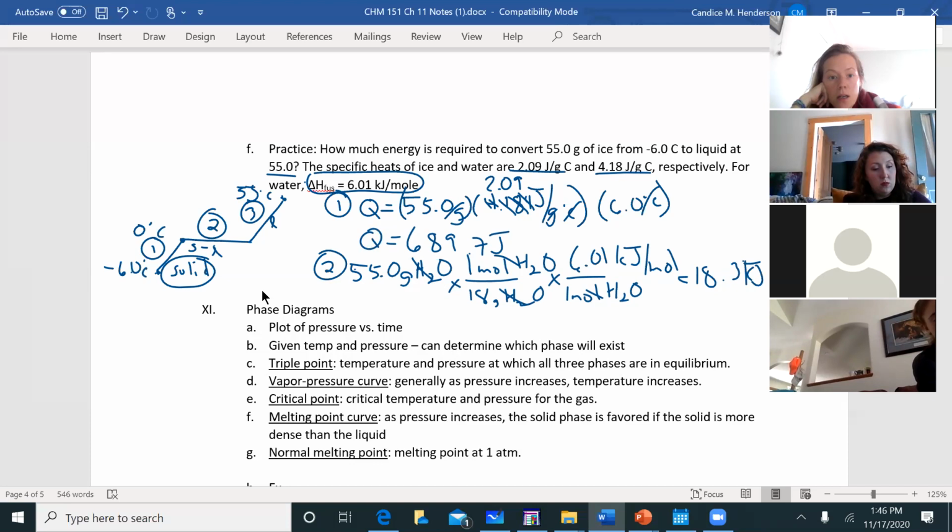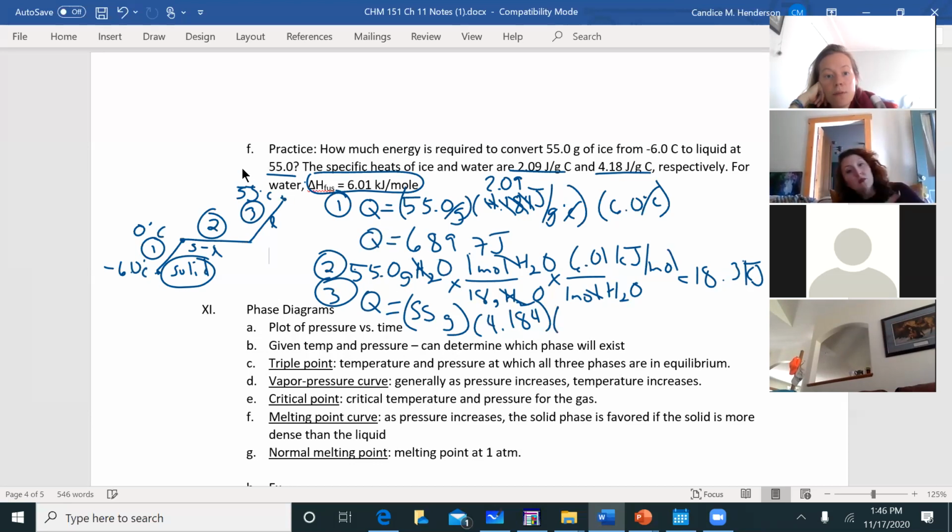I got 1 more minute here. The last step is 3. I have to take my liquid water and go from 0 to 55. So Q equals mcΔT again. So we'll take the 55 grams of water. Now we multiply it by the 4.184. And then our change in temperature is 55 minus 0, or 55 degrees Celsius. When I put this into my calculator, I get,